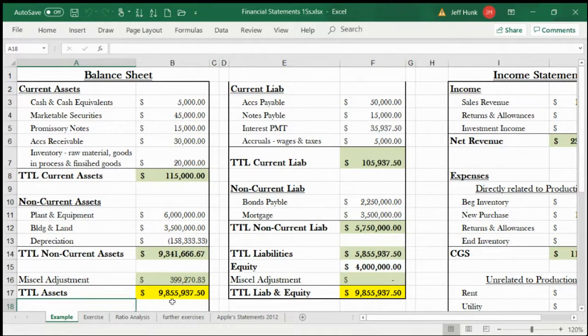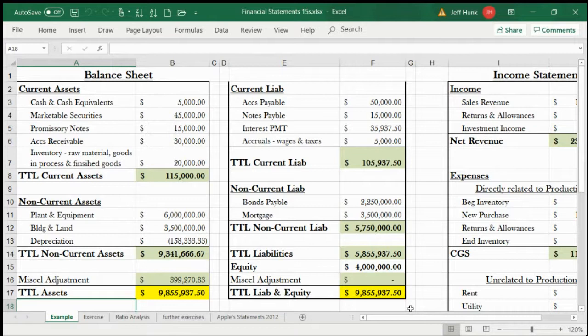Now that's quite obvious from this balance sheet, right? The total of the left-hand side is the total assets, and the total of the right-hand side is total liabilities and equity. They must balance out. That's why it's called a balance sheet. Now, think about it. If they balance out, that means whatever is in the asset side actually came from the liabilities and equity side, right? In other words,